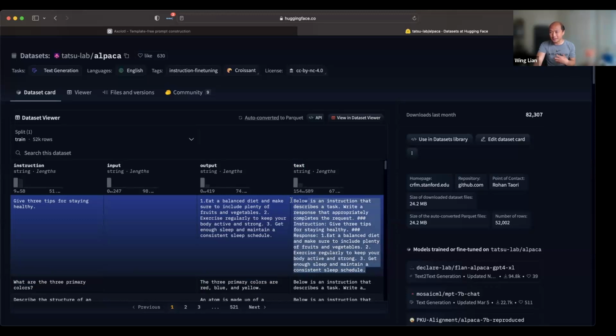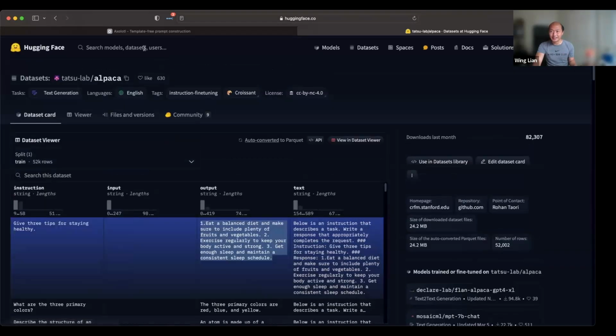The downside of using completion and text here for an instruction style data set is that the loss is calculated across every token, whether or not "given below is an instruction", whether or not the model itself predicts the words that describe a task, which typically you're not trying to condition the model on. You're really trying to condition the model only on the output here.